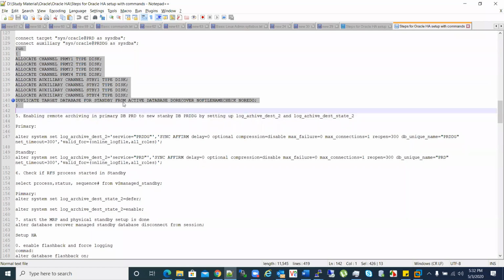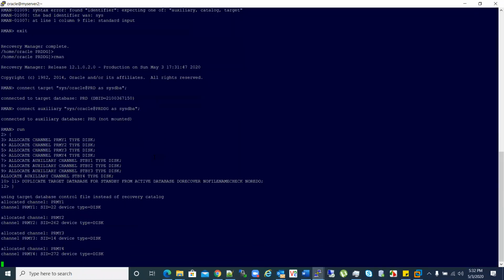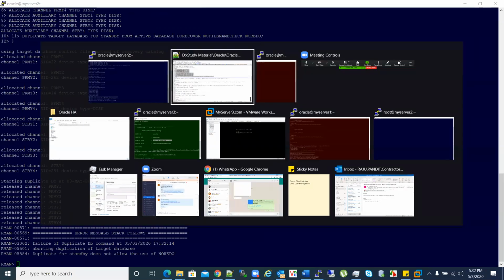So basically it will copy the entire database, clone the entire primary database into the standby server as a standby database. Hit enter. And it failed. It says duplicate for standby is not allowed to use NOREDO. Okay, then I'll remove it.